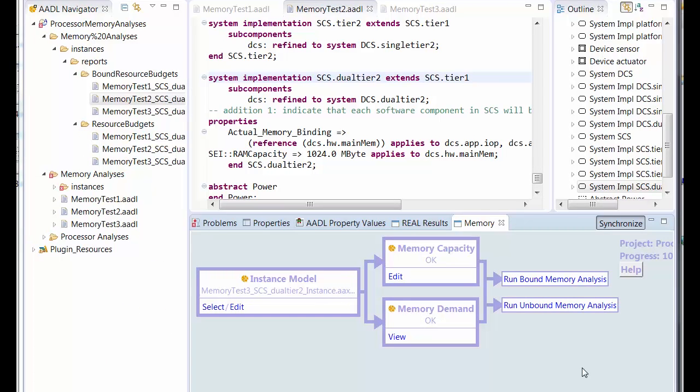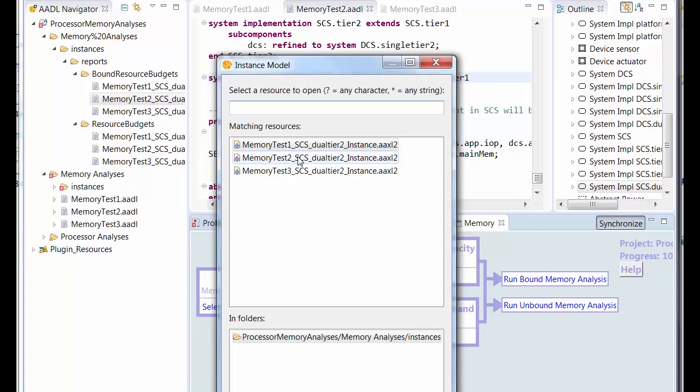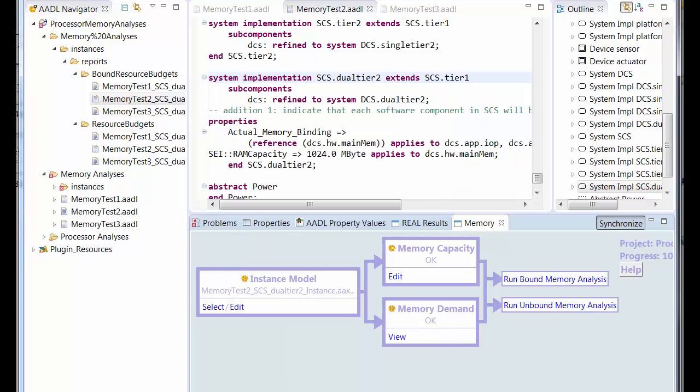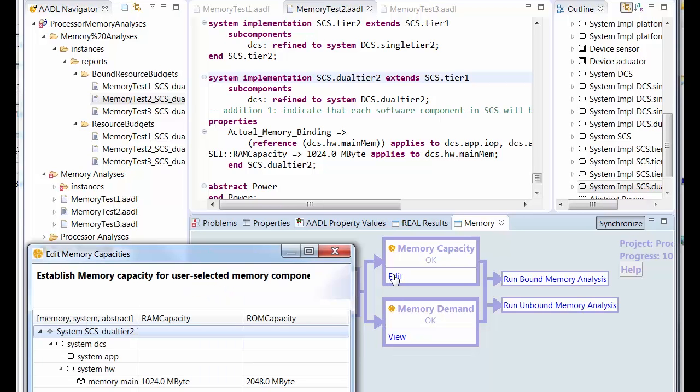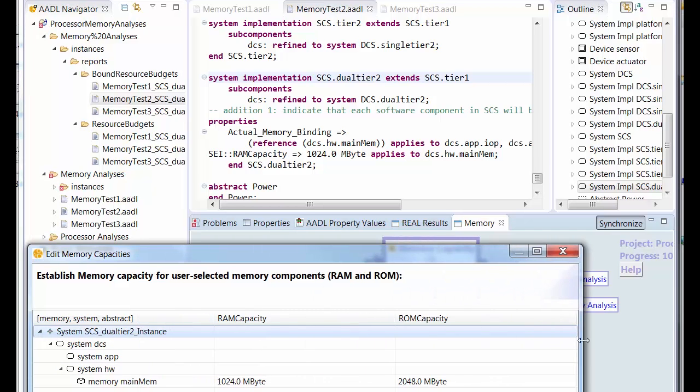Let's suppose that instead of inserting an additional memory into our system, there's an alternate to the main memory that has the same amount of ROM but twice as much RAM capacity. I'd like to show you that the workflow view provides a means for making that change in the specification and rerunning the analyses directly without having to go either into the AADL model or the model instance. So we have selected the same memory 2 AADL model that we saw earlier. That's the one with the single physical memory. But now we're going to edit the amount of RAM capacity that it makes available. I'm going to double that,